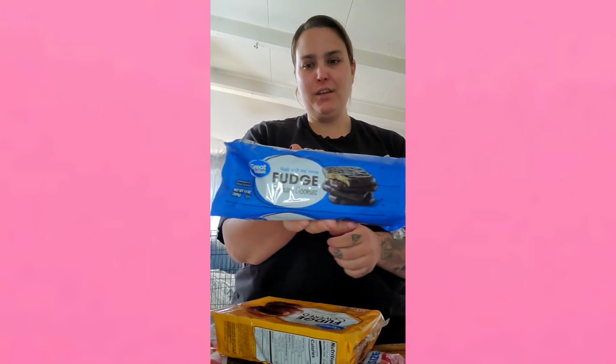Some pepitas, a little bit of mixed fruit, some tortilla chips, as well as a whole bunch of cookies. These are all accidentally vegan, the Great Value brand: the fudge graham crackers, fudge peanut butter cookies, and also these off-brand Oreo type bags. These on their own I don't really care for. They have a soft, dry texture, but when I store them and eat them fresh out of the freezer,